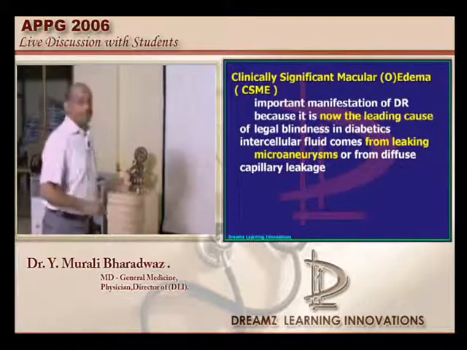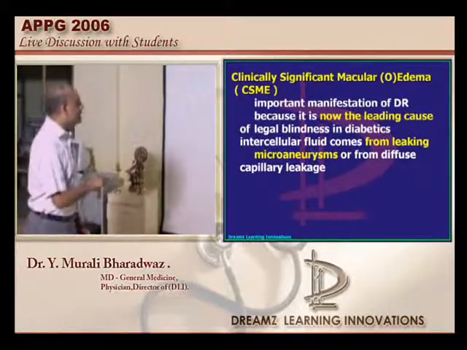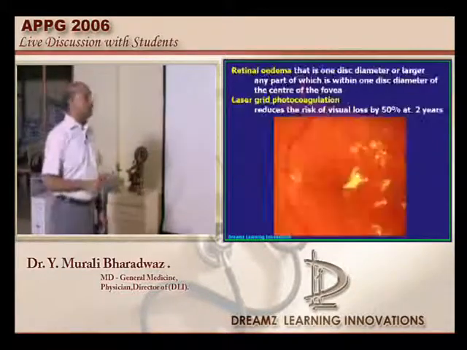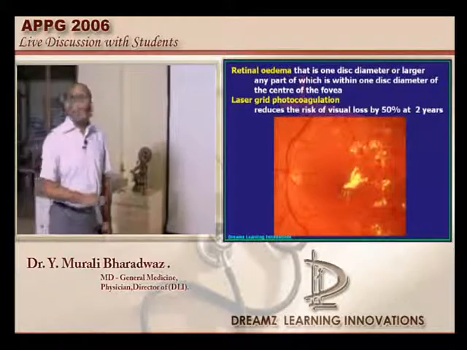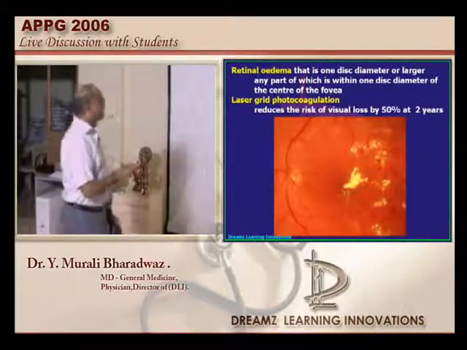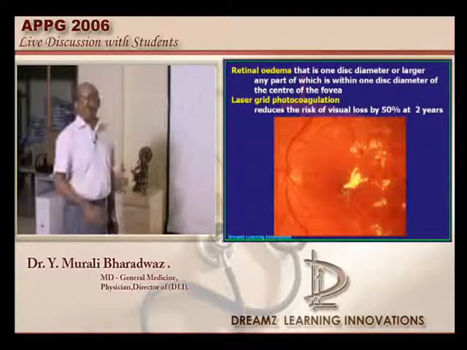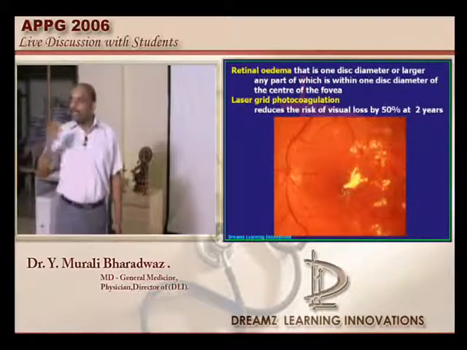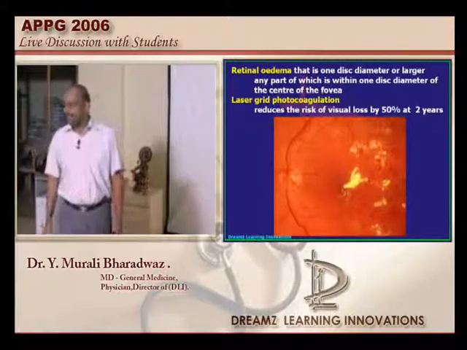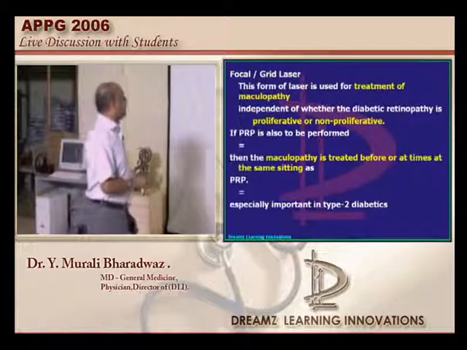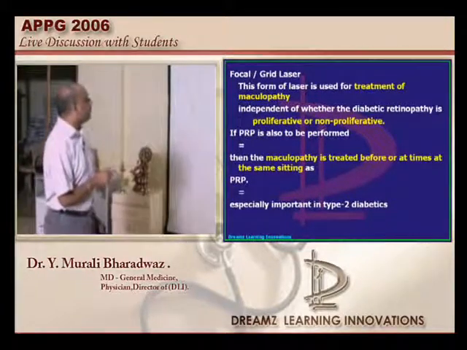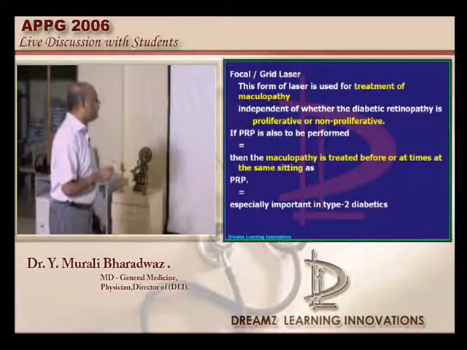Here there is an edema because all the intercellular fluid is leaking from those microaneurysms, and that leads to the development of the edema. You will call it a significant edema if it is about 1 disc diameter or longer, and typically here laser grid photocoagulation can be used. But macular edema is not given among the options. Macular ischemia is given. So please remember, doctor, this focal grid laser is considered the treatment of choice in the case of maculopathy if it is of a macular edema nature.